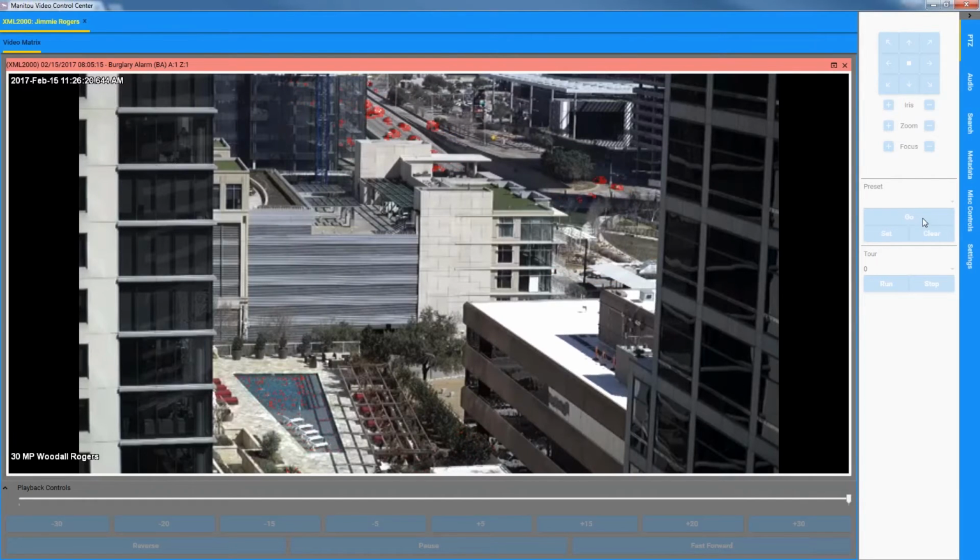We do have the ability to create some presets. So as we're going through setting up our camera and our devices in our system, if we want to create some preset locations for the cameras to look at, we can do that now and create our video tours. So when we connect to this camera, if we want to tell it to point to 3 different entry points that it has available to it, we can do that through a tour on the camera,